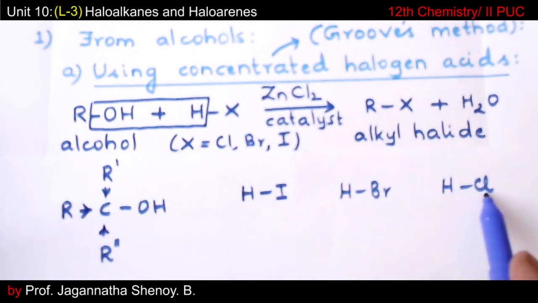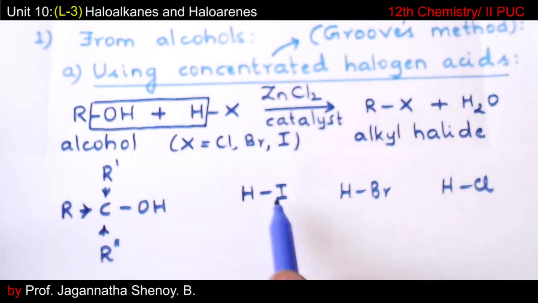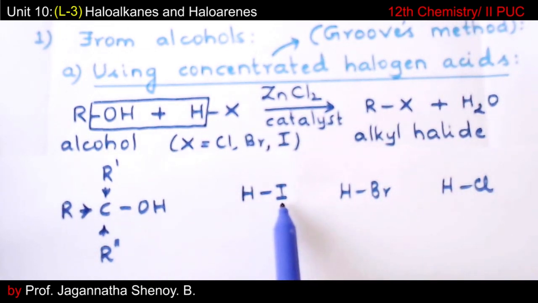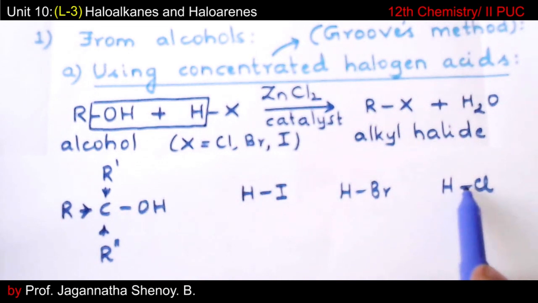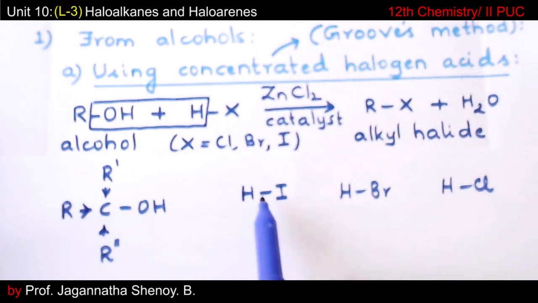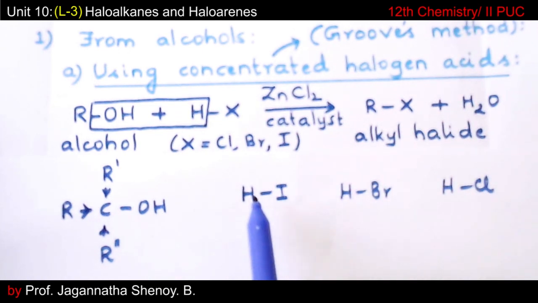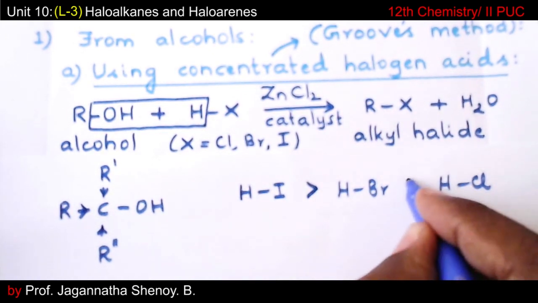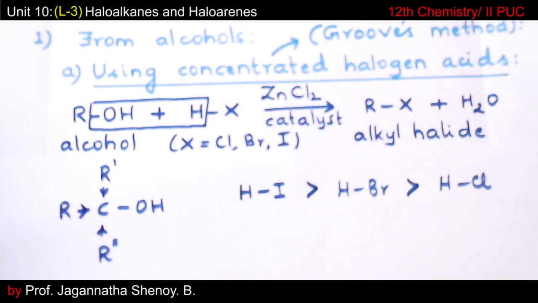As I move from chloro to bromo to iodo group, the size of the halogen atom increases. So bond length increases, bond strength decreases. So breaking the bond is the easiest in case of HI. That is why for a particular alcohol, the order of reactivity is HI is greater than HBr is greater than